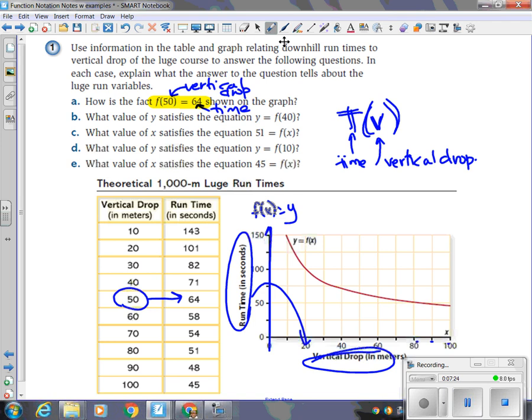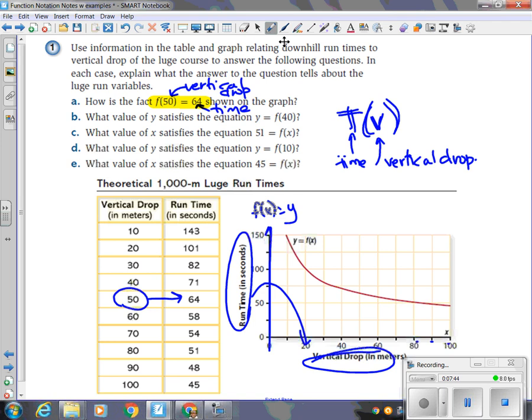It's making meaning of something. It's pausing to think, what does this data mean? We've spent the past 2.5 days or so, little bits and parts of a couple of days, and in between we had a day or two off for fall break, trying to understand how to use function notation. Now we're trying to make meaning of function notation.